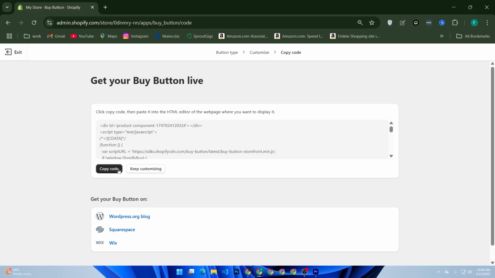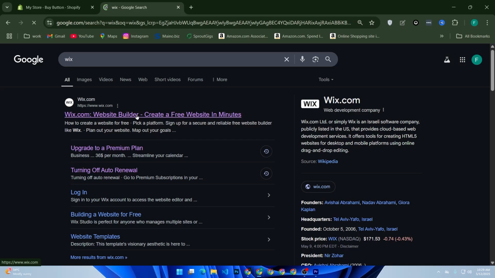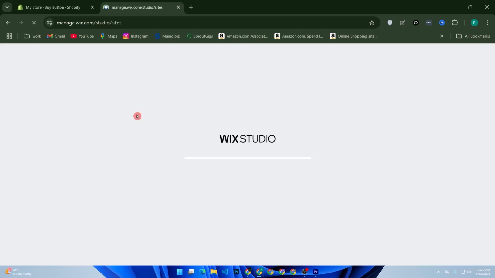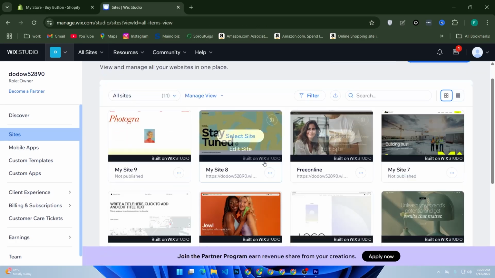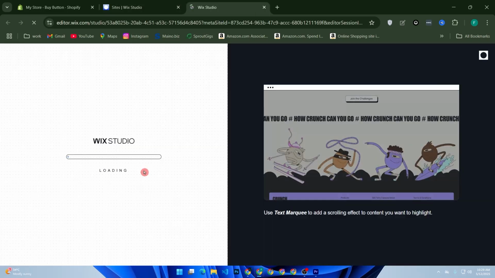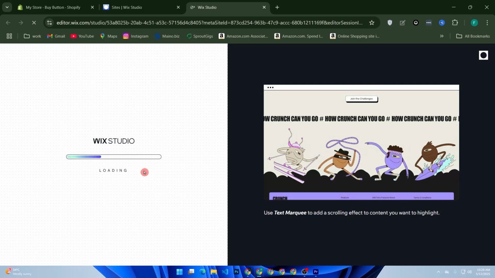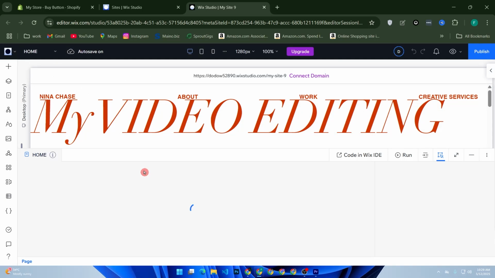Now head over to your Wix editor. Search for Wix. Log into your Wix account. Now choose your site from here. Click edit site. Now wait a few seconds. Once you are in the editor,